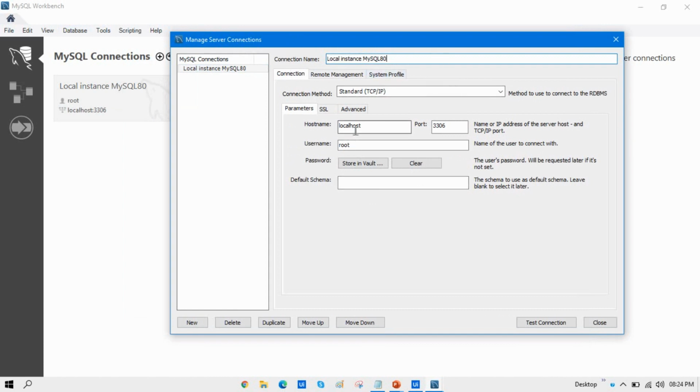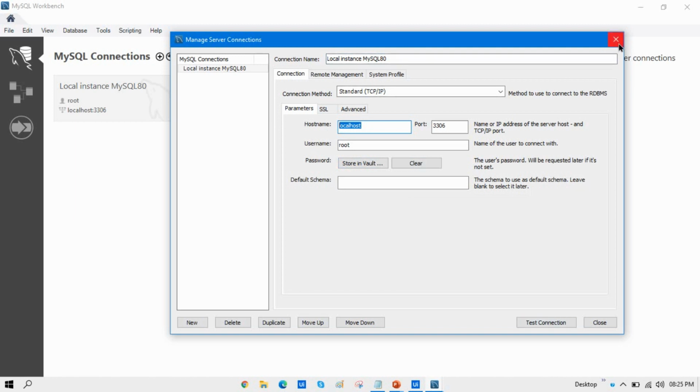Now here you can see in the connections we have a host name, that is localhost, port 3306, username root, and password that is stored in the vault. It means the password which we have used while installing, so we have to remember that password.